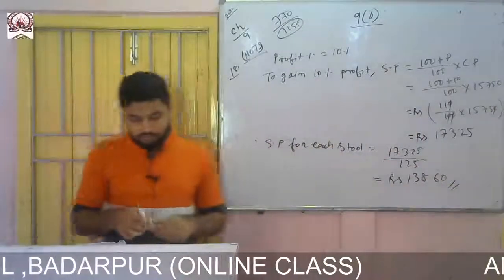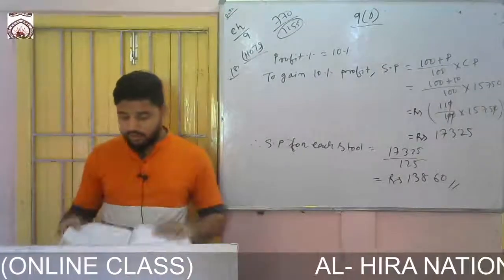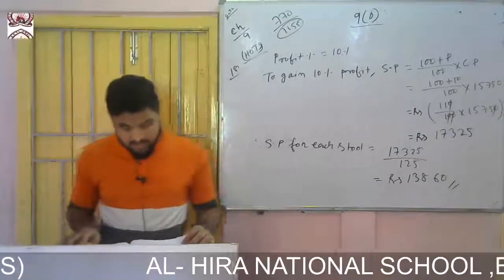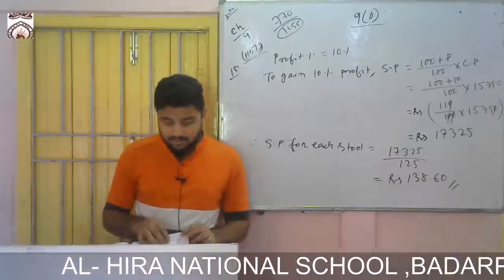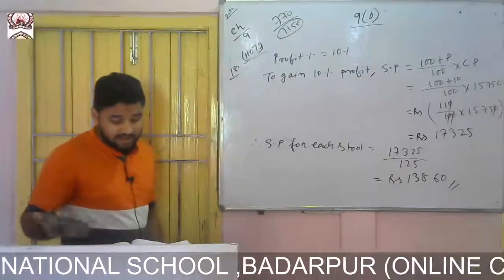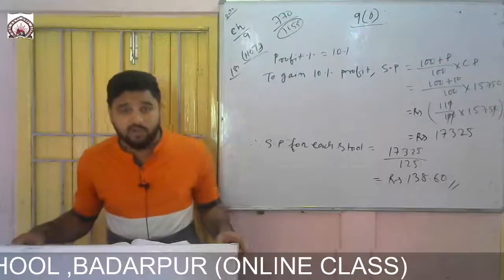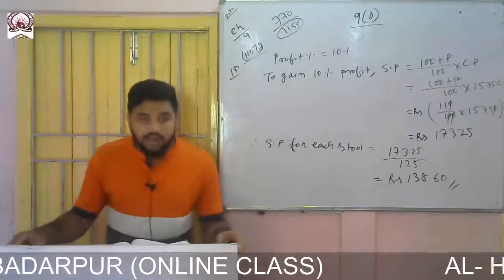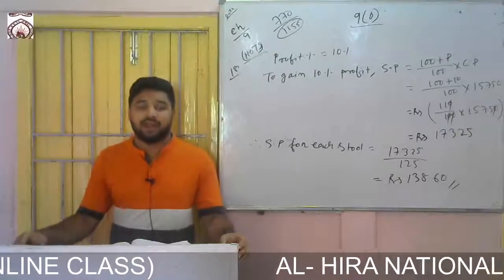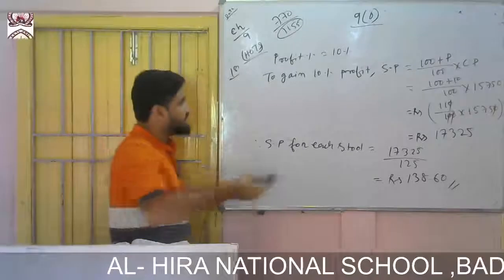Okay. So now come to the exercise. It is the end of exercise 9D. Now 9E. In exercise 9E, what we will be finding is simple interest. And to find the simple interest, we know the formula: P into T into R by 100. Let me write it once.